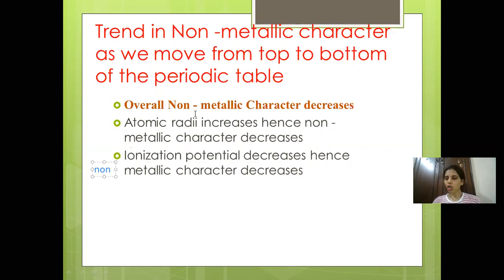When you will be solving the questions for the periodic table, you will understand how this knowledge is going to help you. So for the non-metallic character, when you're moving from left to right, it increases, but down the group, from top to bottom, it decreases. If you are comparing fluorine, iodine, bromine, fluorine is the most non-metallic as it is at the top. I hope this part is clear. Now we go to the next slide.